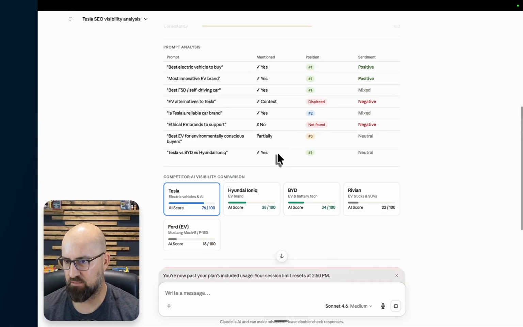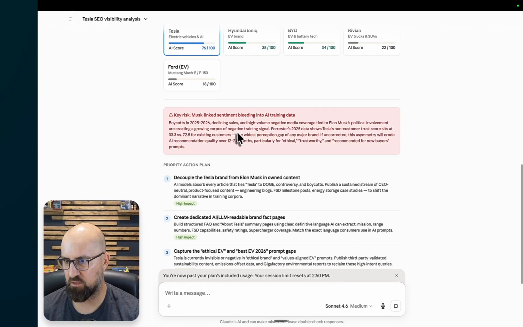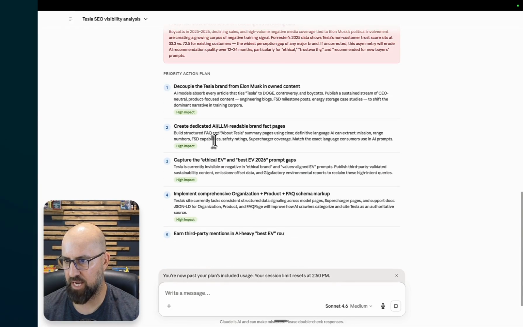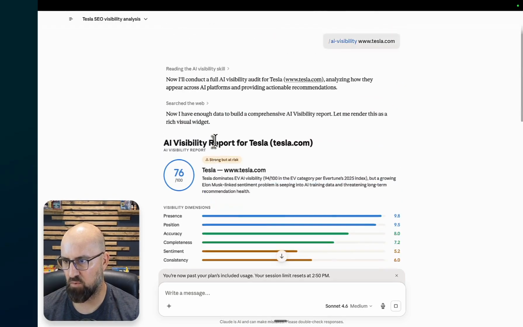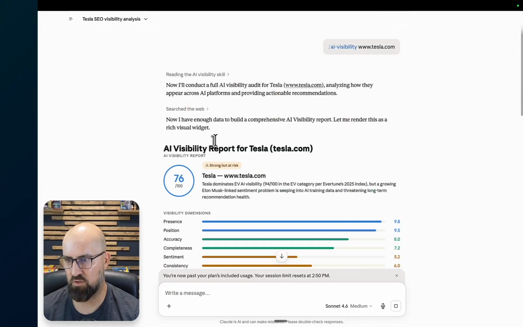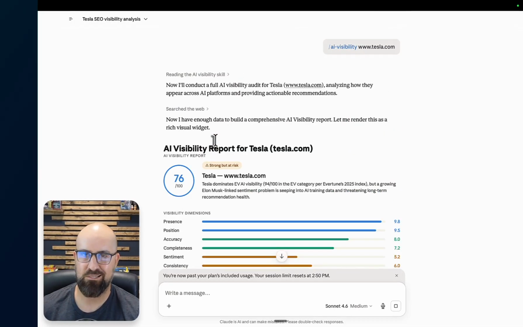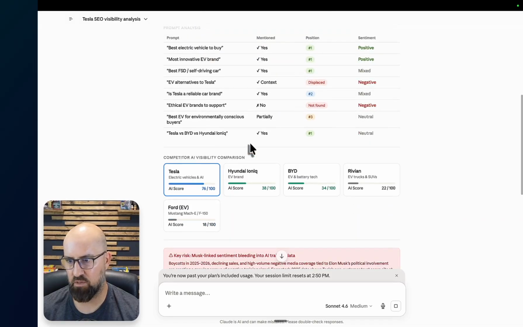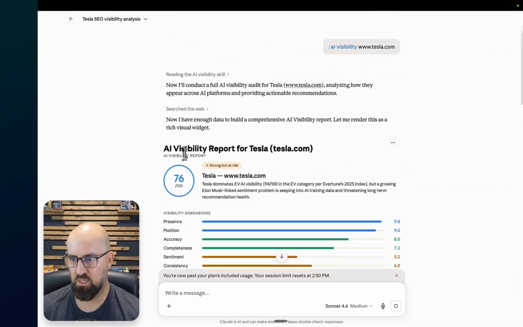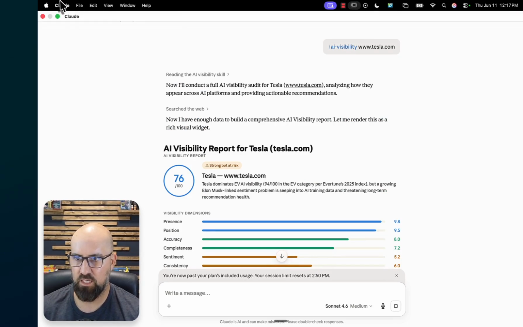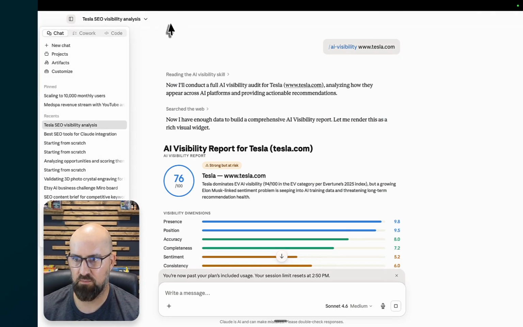Obviously, you would expect this to be doing pretty well. Competition comparison, priority action plan. So it's building out all of this stuff to help you get more AI visibility. And you saw there's a bunch of different skills that are built in that you can leverage with this plugin, which is really cool. The other thing that you can do is just use Claude prompts to build out your own skill set,